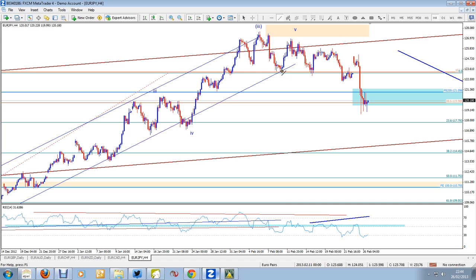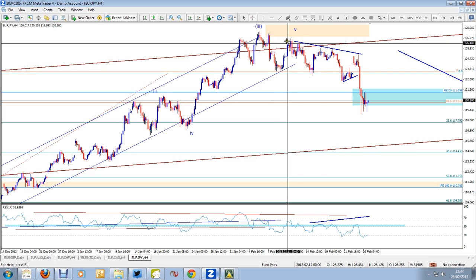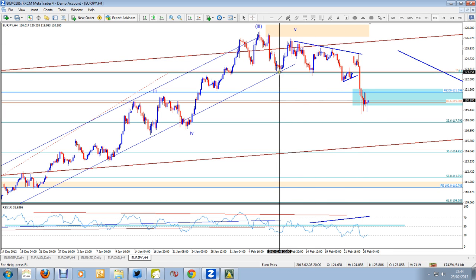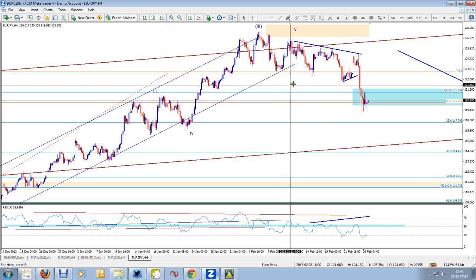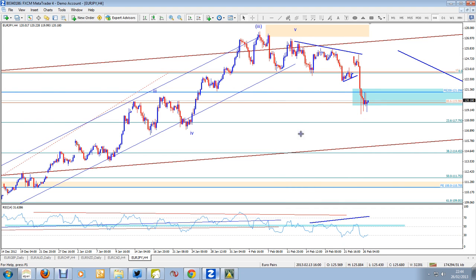It would be wave A down, then here this one is quite likely to be wave B. So you got wave A here, then you got A, B and C to give us wave B, and then this one is C. So it's possible that we may already have a bottom in A, B and C, but on the basis that euro is at the moment relatively weak, this particular down leg may not be over,